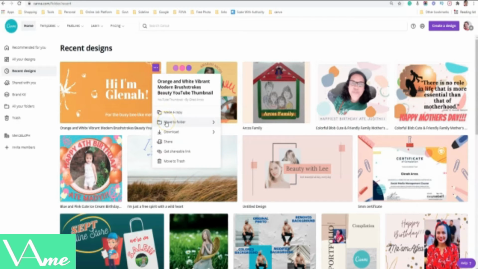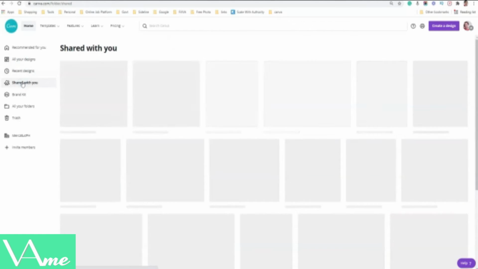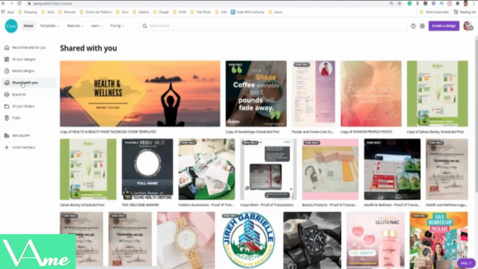You may move it to a folder, you can download, you can share, and get a link for you to share to others. And you can move it to trash. And then, this icon is the shared with you if you are collaborating with other teams. The brand kit,